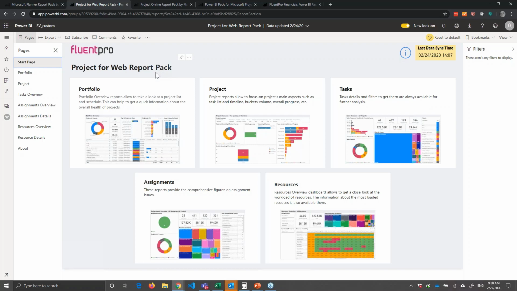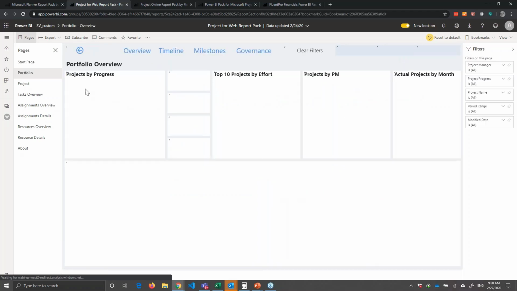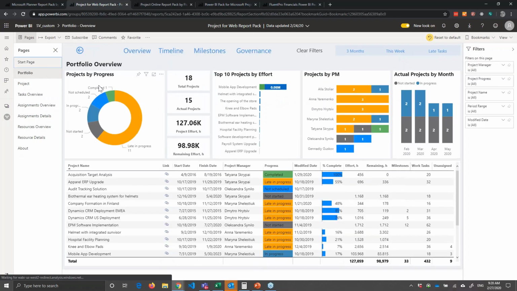It's free. You can just install the pack and use it. For example, if I go here to the portfolio, I will see my projects in progress. I can see them by late, in progress, by status, by how much work I have, timeline, statistics, projects by project, how many projects are by project managers. So all the different aspects, and again,